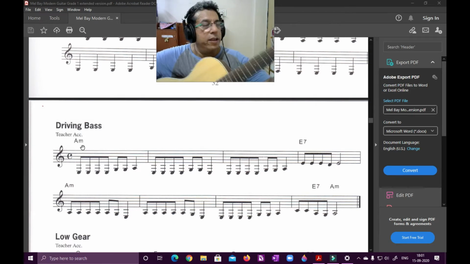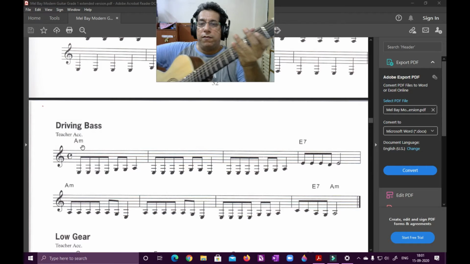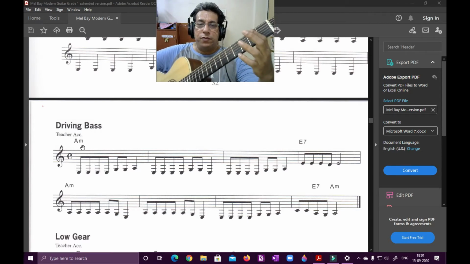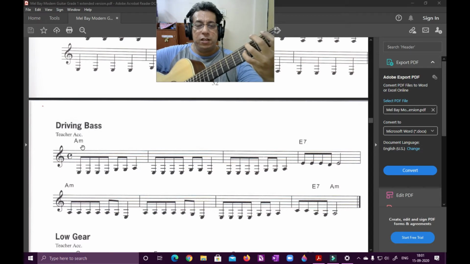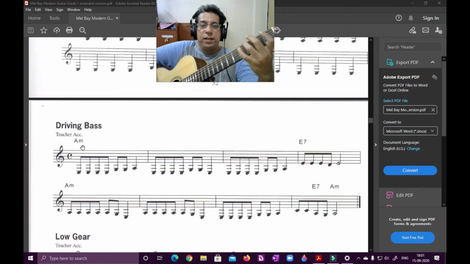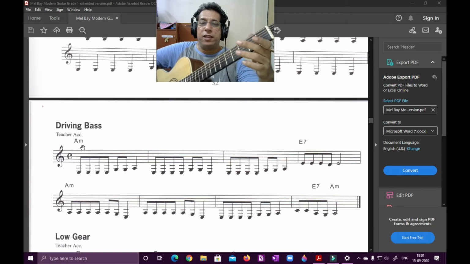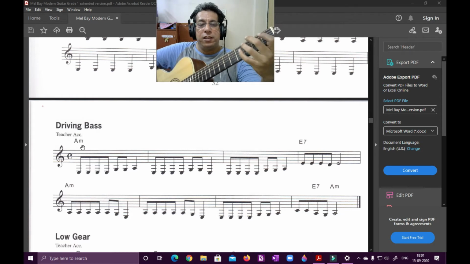Look at it how I'm playing. Okay, let's have a look here. Okay, now when I play, I'll be playing E, then the next note is G, and then the next note will be A. Now A is on the next string, which is the 5th string. So I'm jumping to the 5th string from the 6th string.